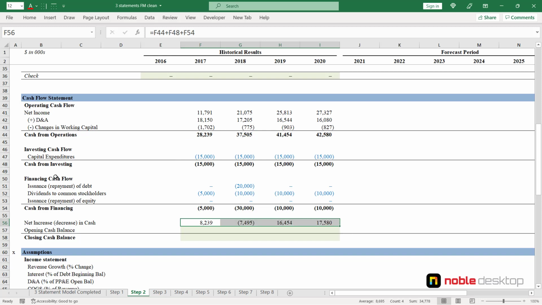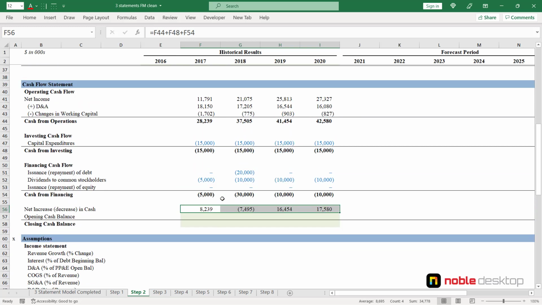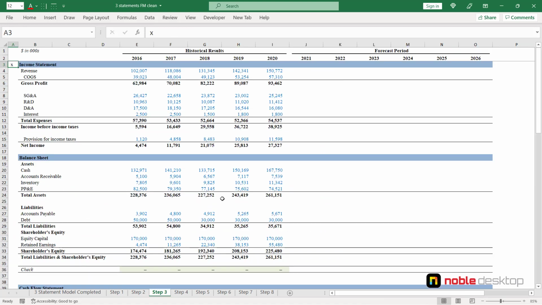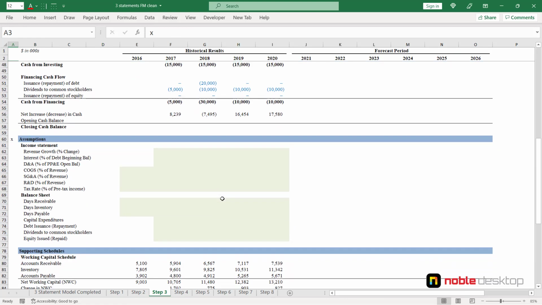Great job here. We just completed cash flow statement for historical years, and now we're going to get to step number 3 to complete our assumptions for historical years here. For the value drivers, we picked